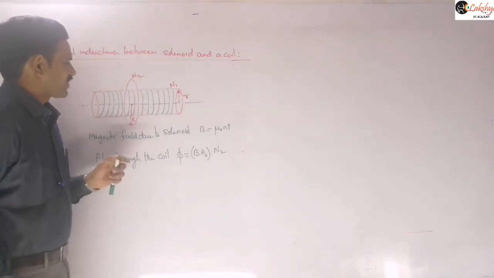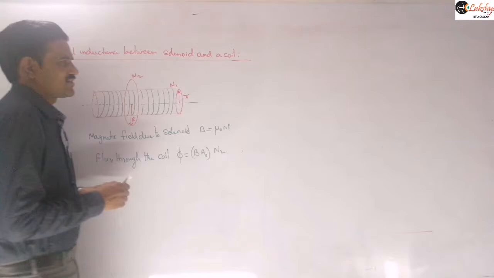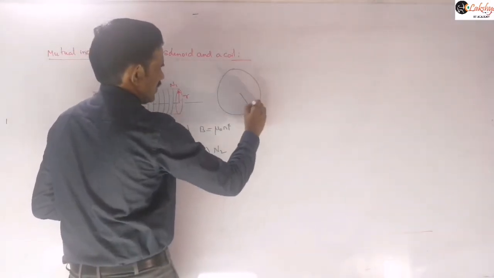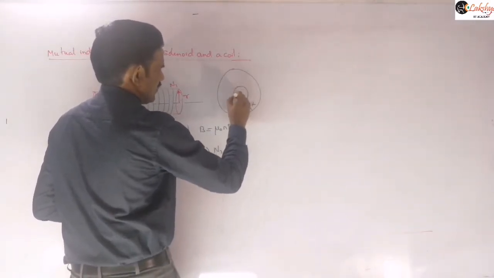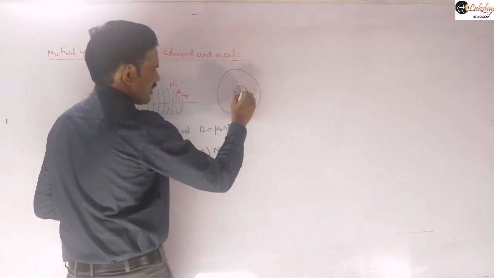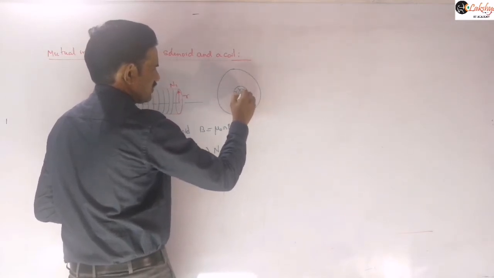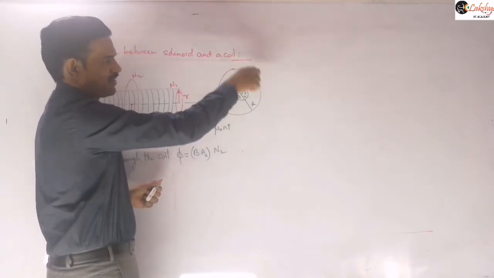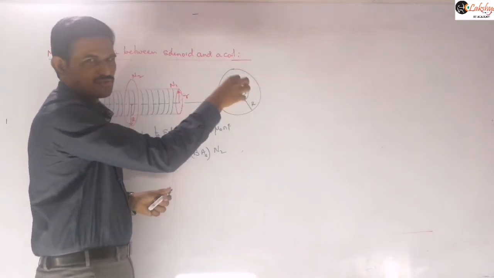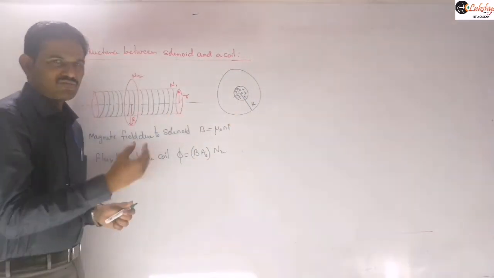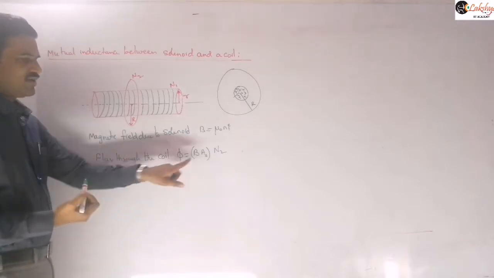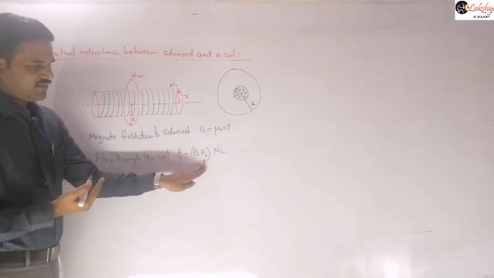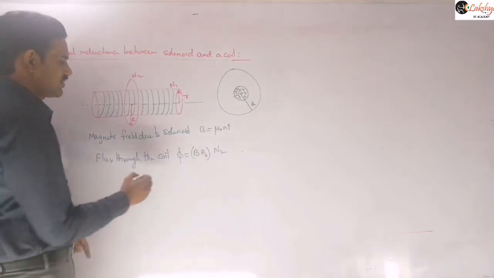And so that even though the circular ring is there like this, that means if suppose this is the circular ring of radius capital R if you are taking, and this is the solenoid of radius small r. Now what we are saying is this magnetic field will be confined only within this small r here. So that while writing the flux passing through this capital R radius means only flux is passing through that small r here. So only that flux now we need to consider there. Is it clear? So because of that reason there you need to consider this area of the solenoid you need to consider.